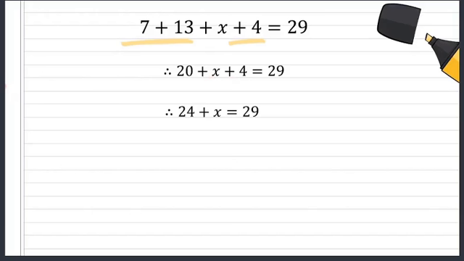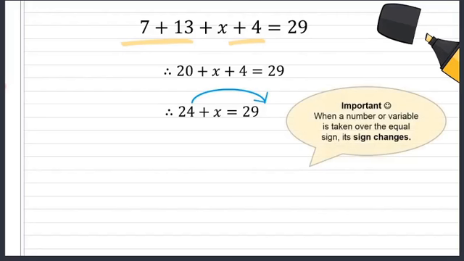And now we're going to collect all our variables on one side and all the constants on the other side. So if I take the 24 over the equal sign, it will become a minus 24. Remember, when a number or variable is taken over the equal sign, its sign changes. So x is then equal to 29 minus 24, and that gives us